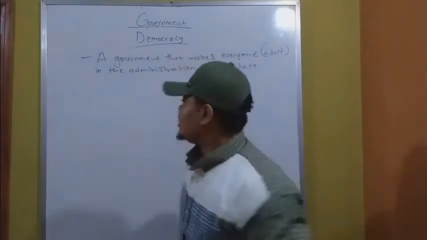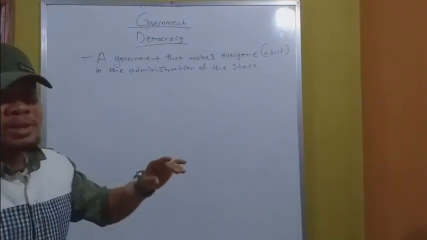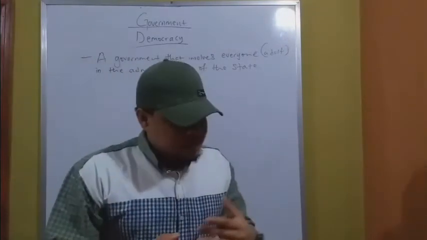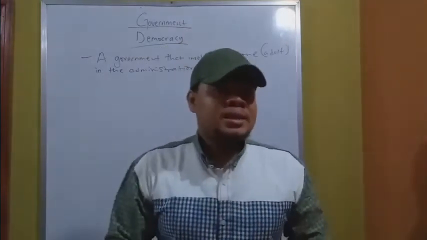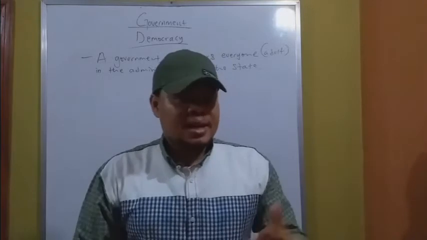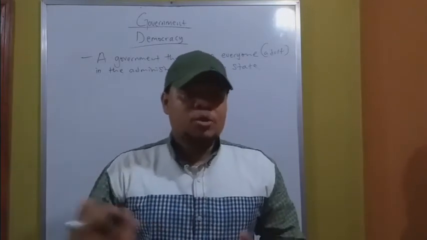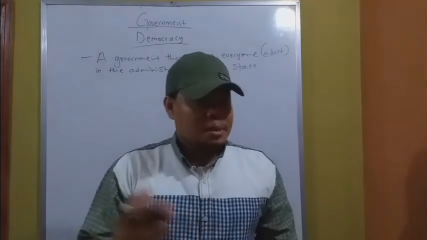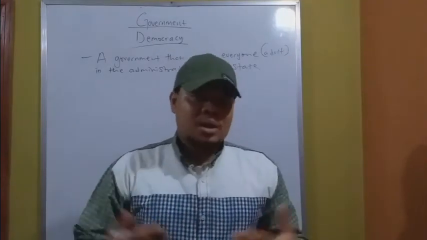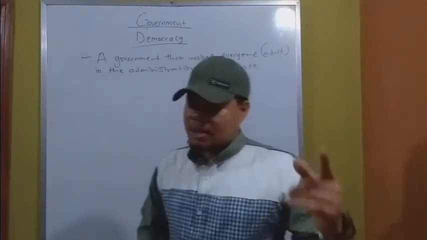Are we together? Now, we have 2 types of democracy. And before we go to the 2 types of democracy, I will tell you that the most renowned and the most accepted definition of democracy is that which is given by an erstwhile president of the United States of America, Abraham Lincoln, who says democracy is a government of the people, by the people, and for the people. I want to believe that every government student already knows of this definition given by Abraham Lincoln.